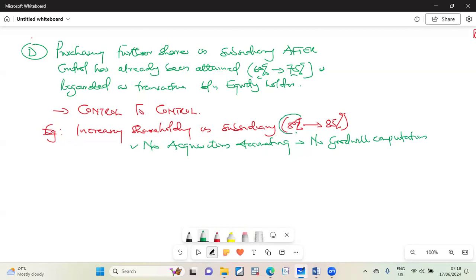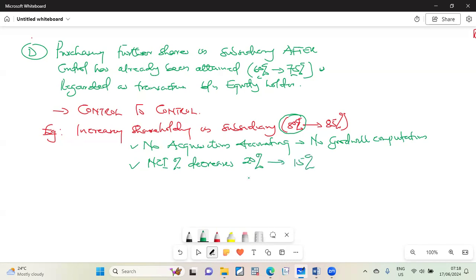Because the goodwill was calculated when the 80% was done. Step 2, what do you see? What you see is that the NCI percentage has decreased. So the NCI percentage decreases. The NCI used to be 20%. Now it is going to be